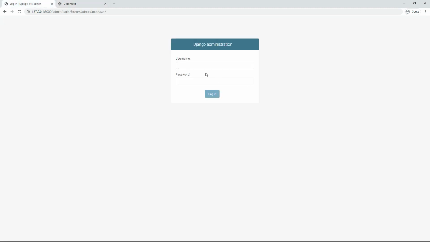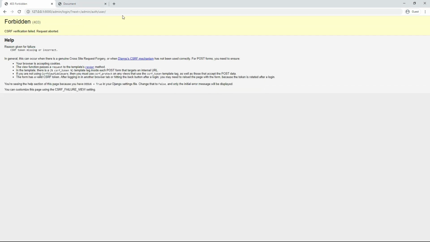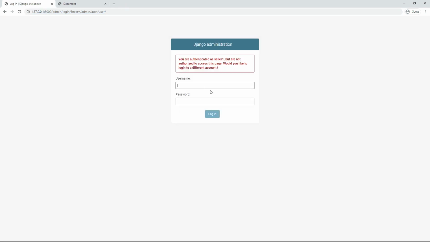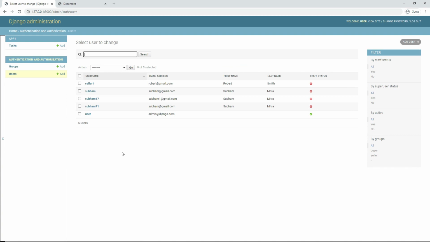Now let's check from the admin. Okay, so here it is saying you are authenticated as seller 1, but we are not authorized to access this page. Would you like to log in to a different account? Yeah, we are going to log in as administrator. So here now we can log in, and for the seller 1,